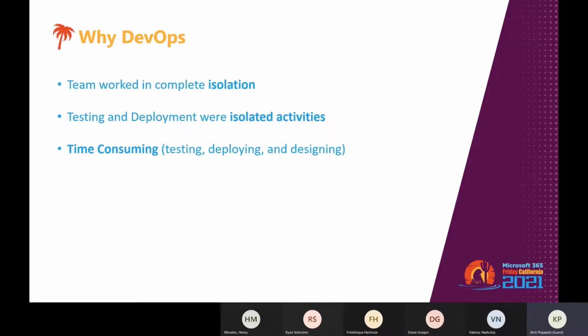And again, the third point is that it is time consuming. Without using DevOps, team members are spending a large amount of their time in testing, deploying, and designing instead of building the project. So we can consider this as speed. In DevOps, microservices and continuous delivery allow teams to take ownership of services and release updates to them faster. So they can release the updates easily. And it is also very reliable because monitoring and logging practices help you stay informed of performance in real time. So you can monitor everything from a single platform.